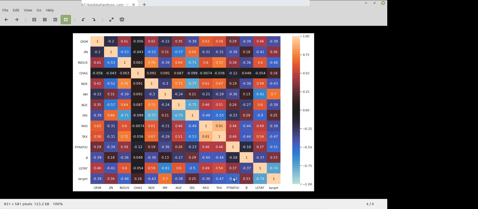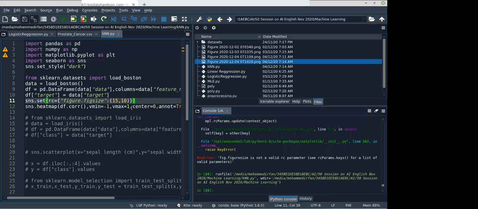Okay, this one first. PT ratio minus 0.51, and when compared to this one it is higher, minus 0.48. So we can pick INDUS. So we selected the four columns, that is INDUS, RM, PT ratio and LSTAT, these four columns. Okay, we'll select that.